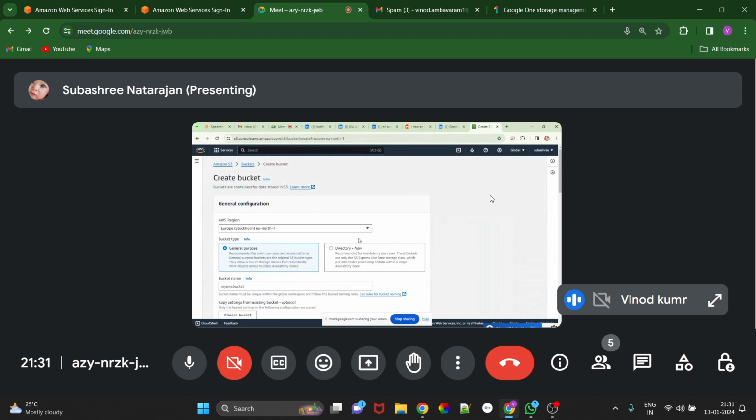Here it will show you which region you want to use. So this bucket should be in the specific region where your EC2 instance is available. Which part are you starting your instances from? Usually from the north side in Europe, or the Mumbai side in India. You have to check where your instances have been launched, and according to that you can go with the same region. It might be easier.